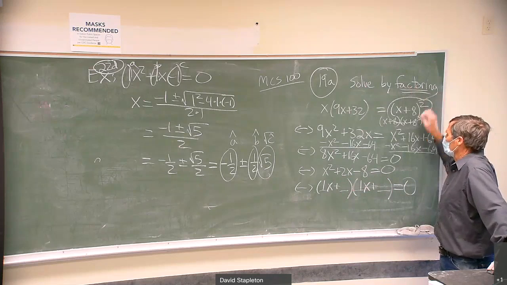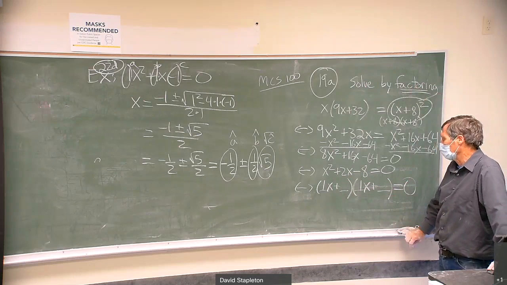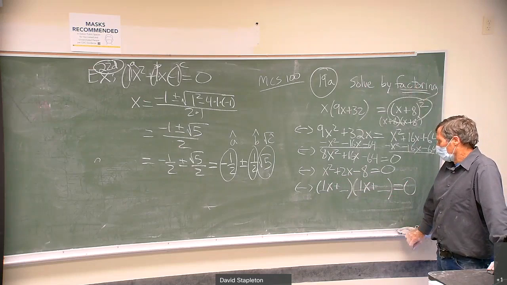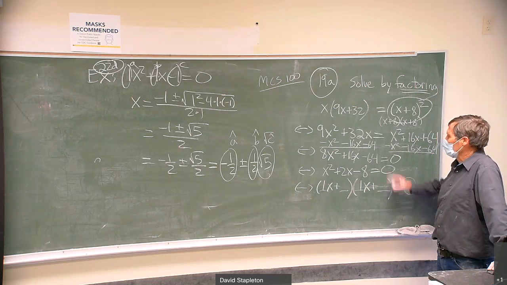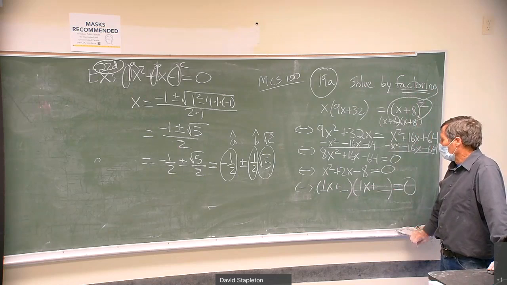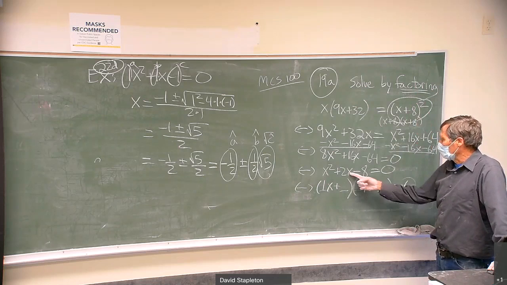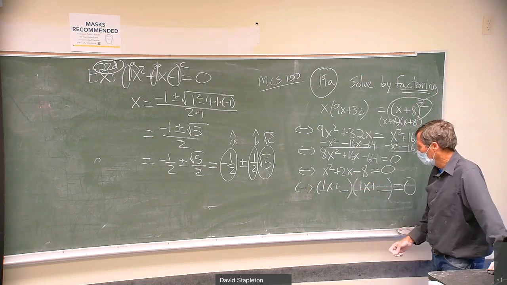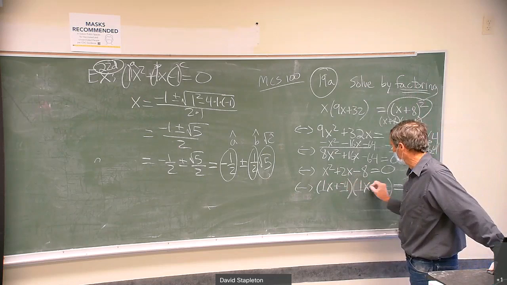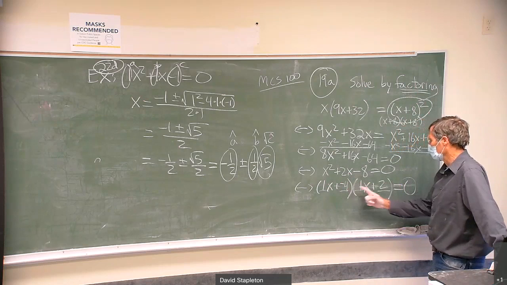So I told you factoring, there's going to be integers that fit in here. We just have to guess what they are. With the quadratic formula, I'll always tell you what goes in here. But this time we're going to be able to guess them because I said factor. Well, if I put 8 and 1, I'm never going to get a 2x in the middle. What if I put a minus 4 and a 2? What's going to happen? I'll get minus 8 here, but